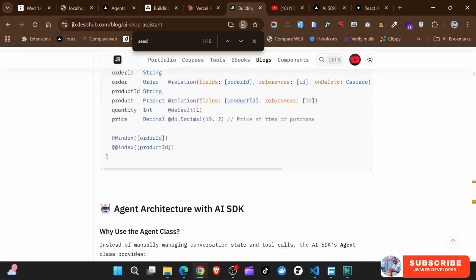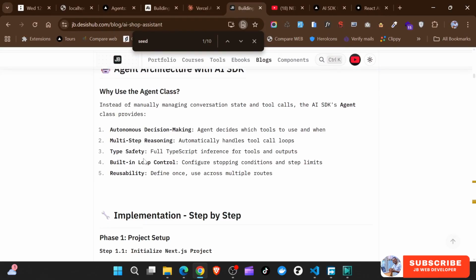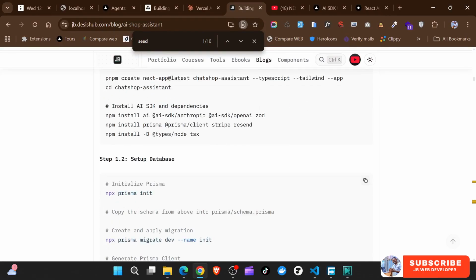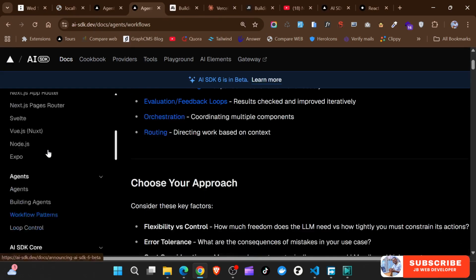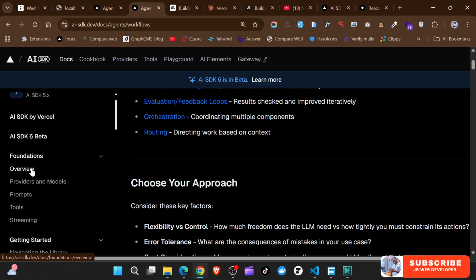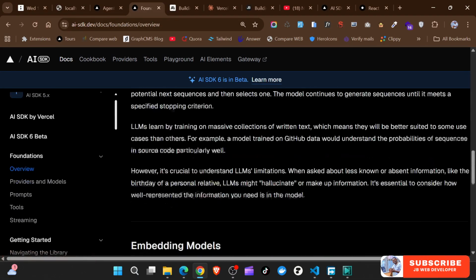So we have a database that represents this one, and the next thing, let's go ahead and install the SDK. More especially, we just want to install this AI, and instead of just AI SDK Anthropic, we're going to only install for React. Okay, so if you just go back to this, let me duplicate this. So if you just go to overview here,